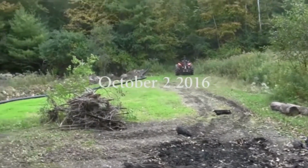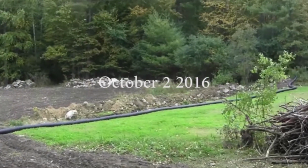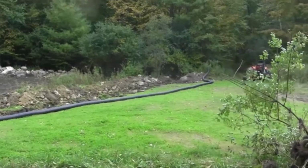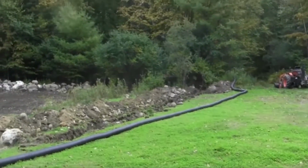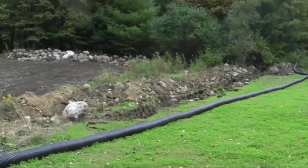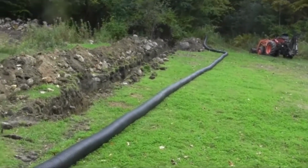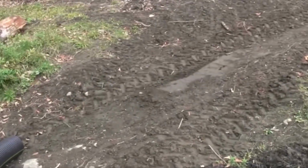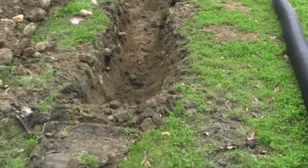Hey folks, it's another Sunday. This is actually the first weekend in October, and last night I came out here and I dug this trench that I talked about. I was out here digging by flashlight, but I wanted to get done at least to about where we cross over here, and I did, so that's good. I went down 2 feet,